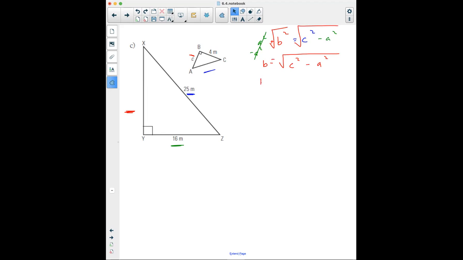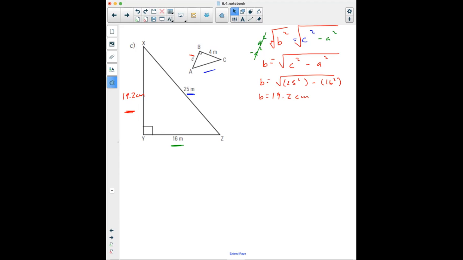Okay, so b equals the square root of 25 squared minus 16 squared. Punch those into your calculator, and we will find that side is 19.2 centimeters in length. This side over here, 19.2. So now that we know